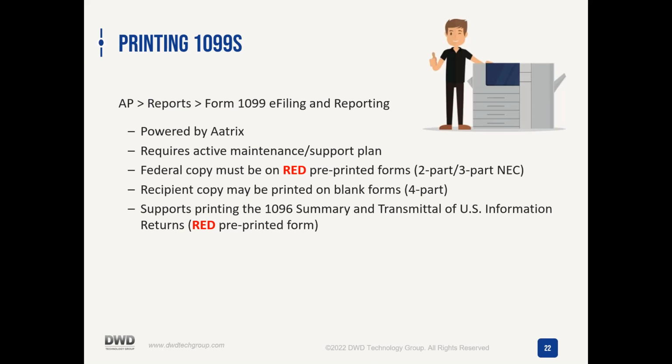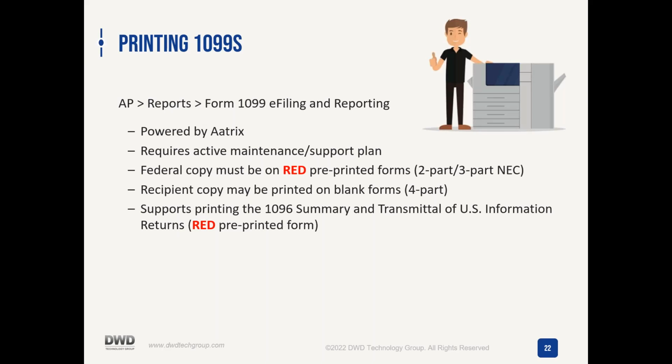When you go to print, this is the biggest question I get every year. Can I print these on blank paper? Yes and no. You can print the recipient copies, but you must use the red pre-printed forms for the copy that goes to the federal government. For your 1099 miscellaneous forms, those are still the two-part forms. For the newer 1099-NEC, those are actually a three-part form. So you have to at least get the red copies,